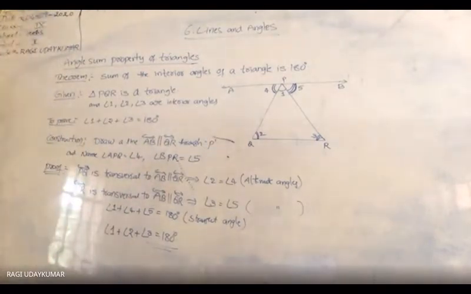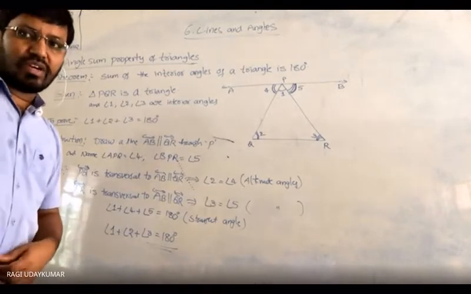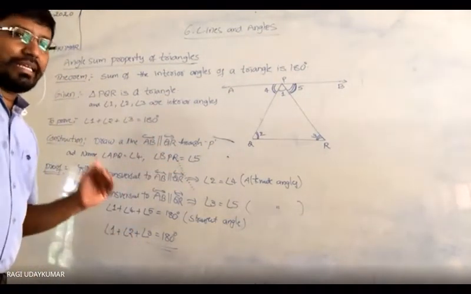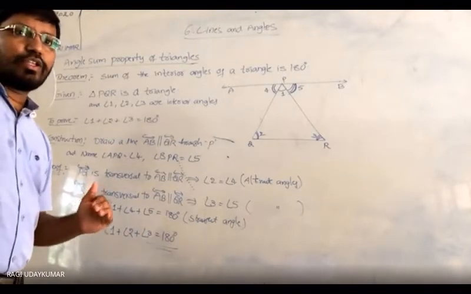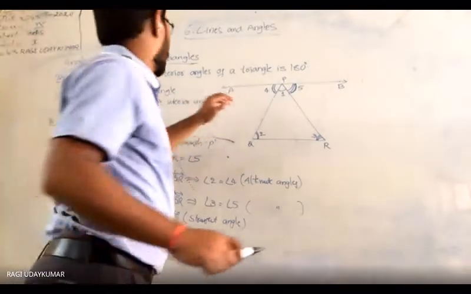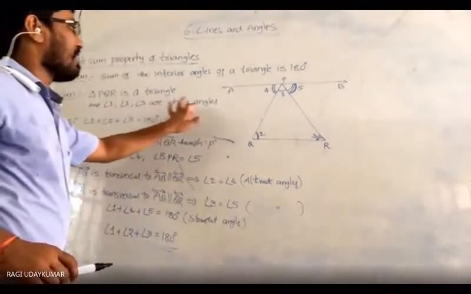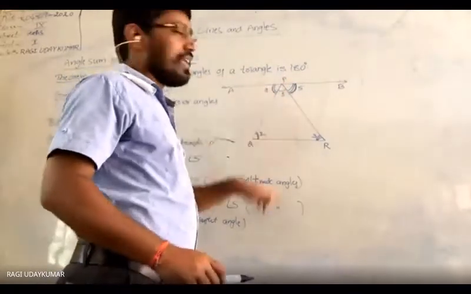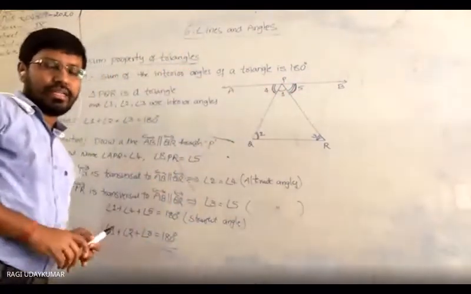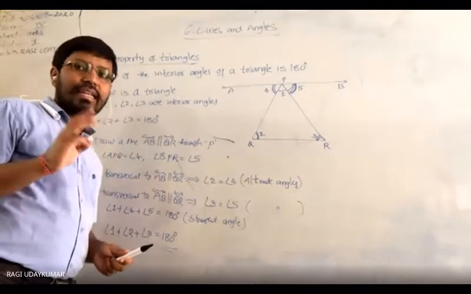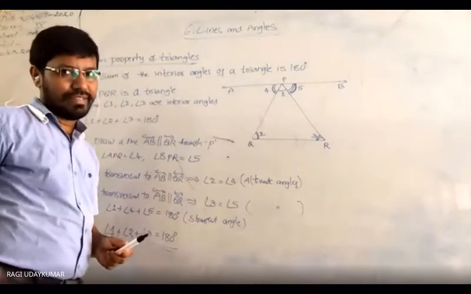The names may be different from your textbook and what I have taken, but this is enough for you. One thing you can remember is that it is better to give the naming. Angle 1, angle 2, angle 3 are the interior angles, you need to mention that. What did you consider as angle 4? What did you consider as angle 5? Can anyone say what angle 1 is with the 3 letters? How do you name angle 1 with 3 letters?